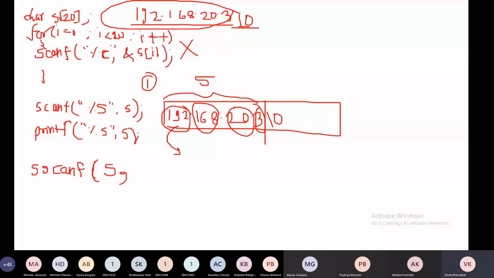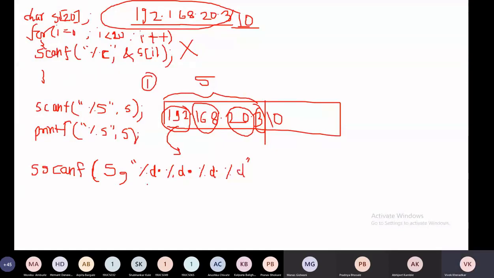And what is the next parameter? By which format do you want to scan that string? I want the first value as an integer from that string. After that there is a dot in the string. Whatever is before the dot I want as an integer, then after the dot the next part is also an integer, then the next dot. According to the format in the string, you have to specify it. As your format has a dot, I put a dot. If there is a space, you have to put a space. So %d dot, then the third is also %d dot, and the fourth is %d.